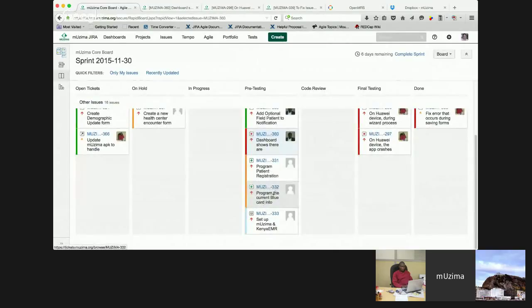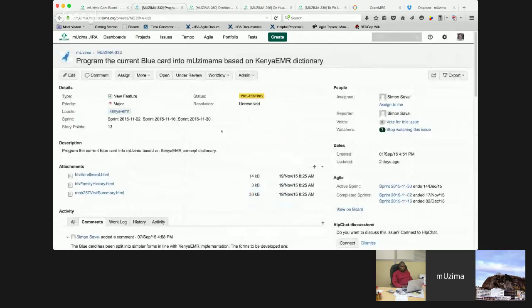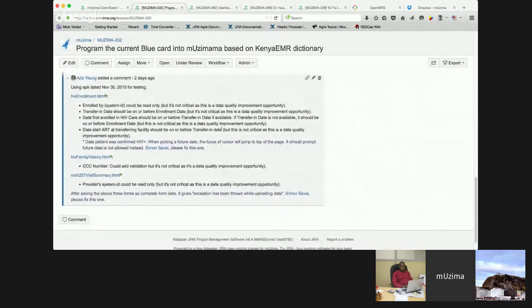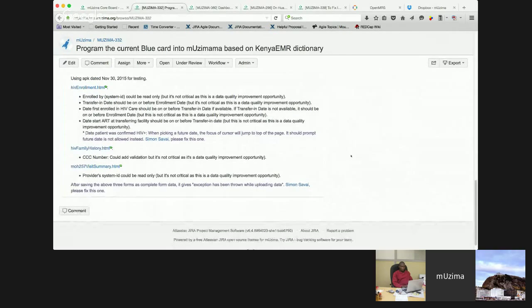And then for the Kenya EMR mUzima integration, all the forms look fine. There are just very, very minor suggestions that could help with improving the data quality, but for this proof of concept purpose, there's no need to make those changes, just for future reference. But there was one small bug on the HIV enrollment form.